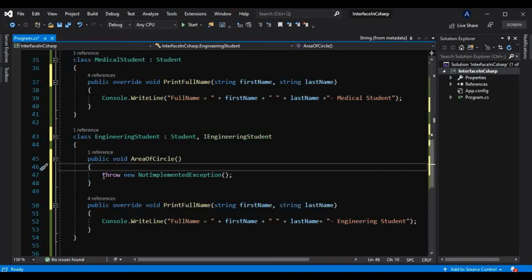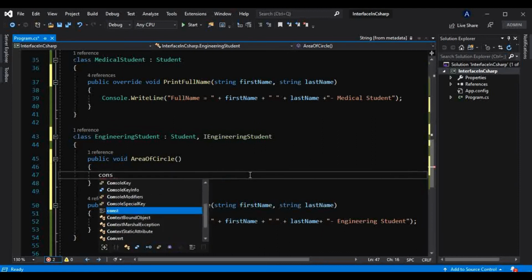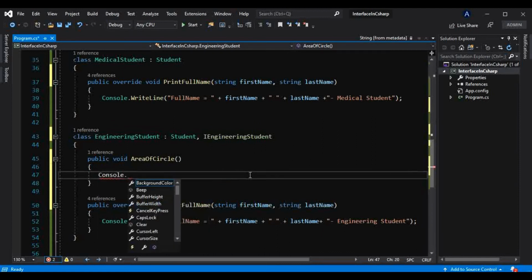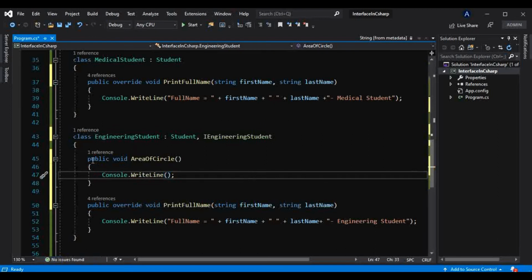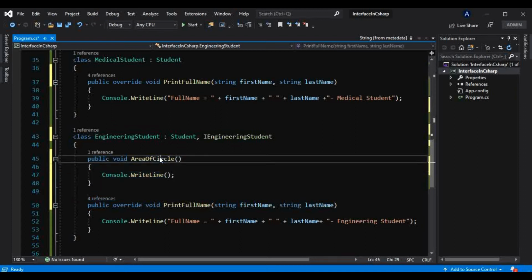Okay, and I will take one simple message here rather than providing any implementation. We are only demonstrating this for interface purposes, and we don't want to see the actual implementation for this area of a circle.